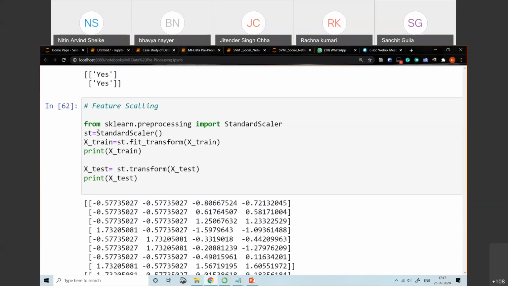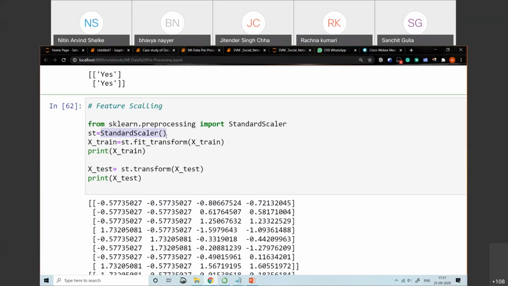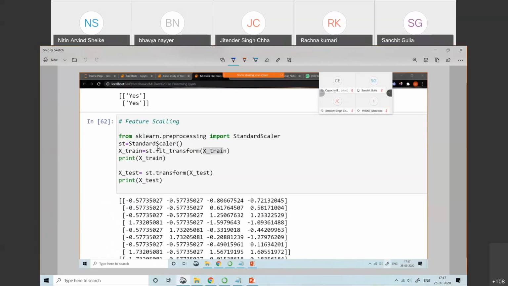We first create the object of the StandardScaler class, as we are using the standardization method, okay. Then we use this sc dot fit underscore transform on the x train. So basically what does this fit underscore transform do? First, on your training data set the fit method is applied. Fit is a separate method and transform is separate, you can use them separately. Here we use the combination fit underscore transform. So after fit,